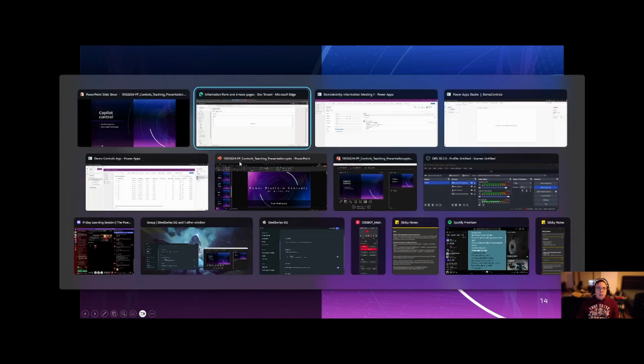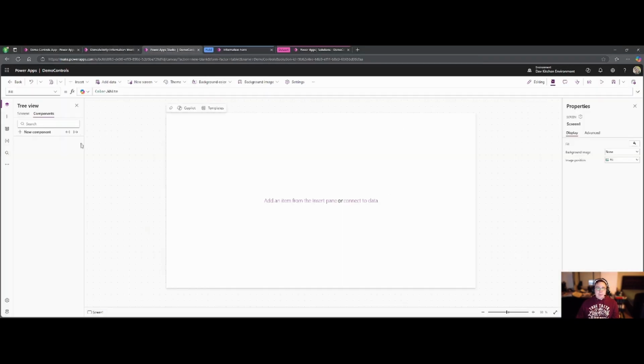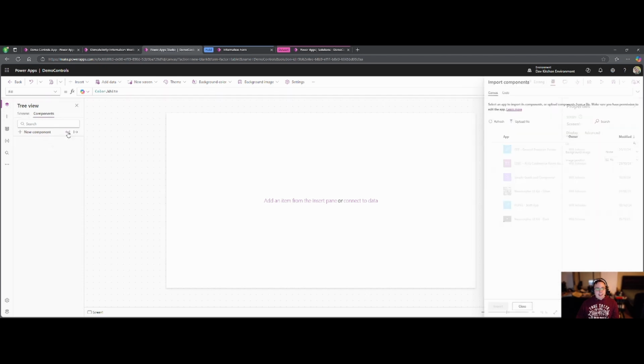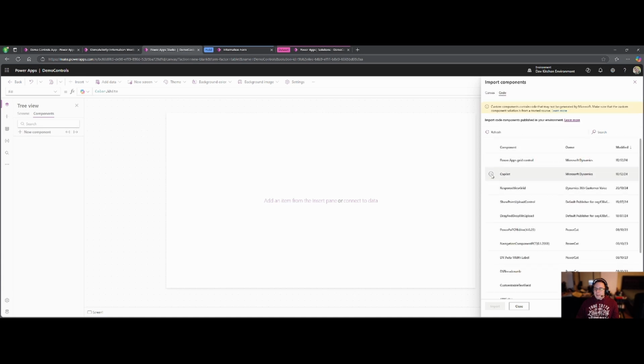But the Copilot control is really cool, purely because of the fact that I'm in my Canvas app here. You can see I am in the tree view where screens is. I've got a components tab here. I can import components and then code over here. Now you see here I've got Copilot as an option. If I click that,